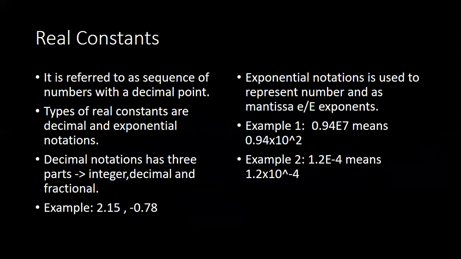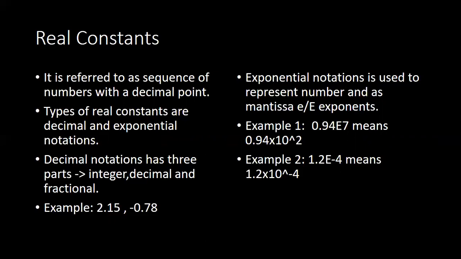Then we will understand what real constants are. Real constants are decimal-point values. Suppose 3.142, the value of pi. We can say that 3.142 is a real constant because it has 2 parts: an integer and a fractional value. We can represent it by 22 by 7. 22 by 7 is approximately 3.1416, so it is sometimes truncated to 3.142.